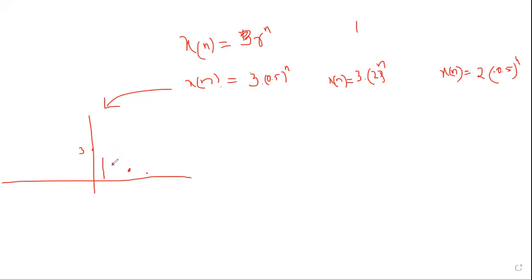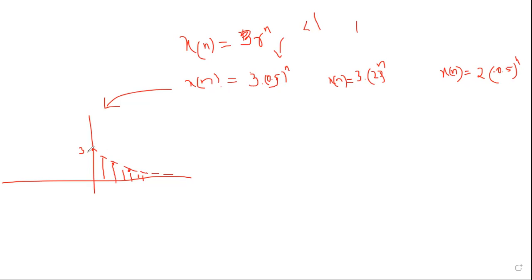I am trying to say the amplitudes are going to decay exponentially. This is discrete time, so I will not be drawing a line, but the envelope is something similar. Its envelope is going to be a decaying exponential on the right side. This is a case where my constant is less than 1.